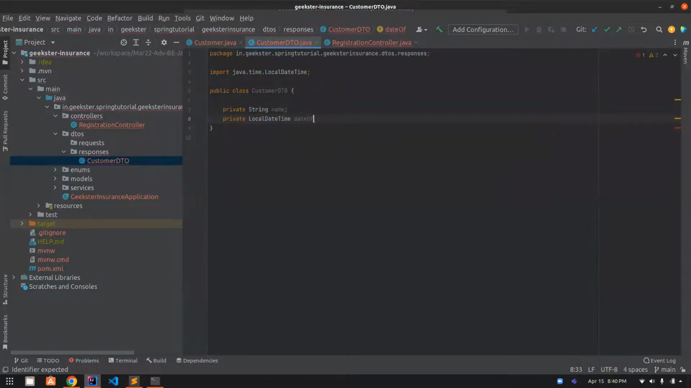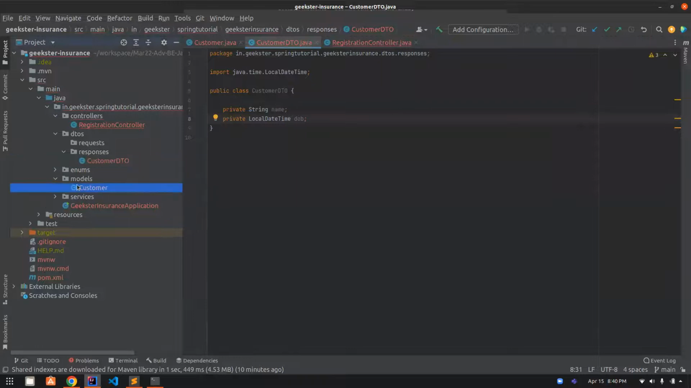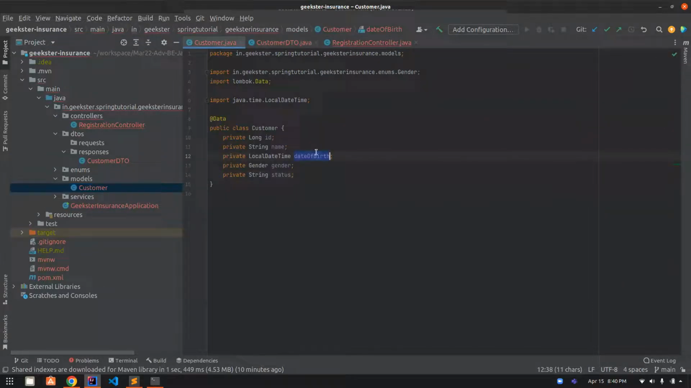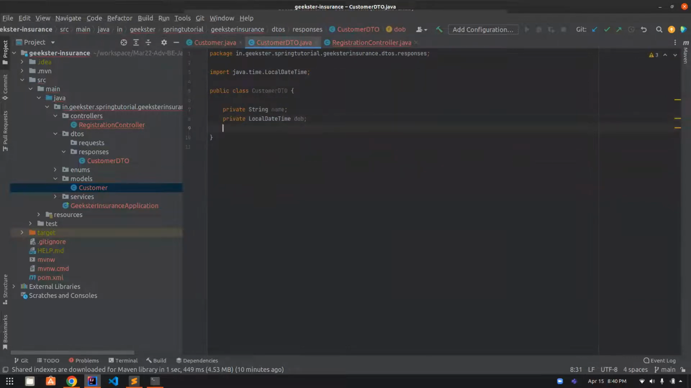Actually, this is going to be long, so I'll make it simple. I'll change this to DOB. Okay. Private. What else do we want to give when you create the customer? Okay. By the way,